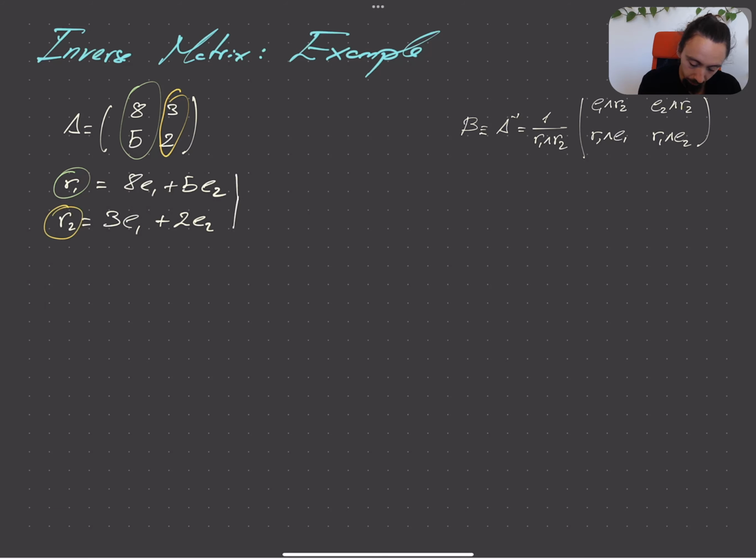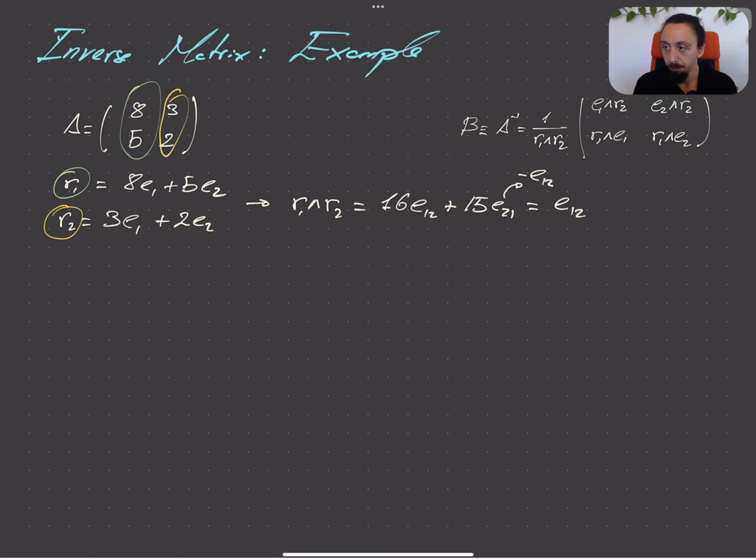and now we can make their wedge product, R1 wedge R2, which will be 8 times 2, this is 16e12 plus 15e21, which equals e12, because we are swapping this sign, which is minus e12. Okay, fine with me. And now we get R1 wedge R2 to the minus 1, which, remember the expression that we got before,